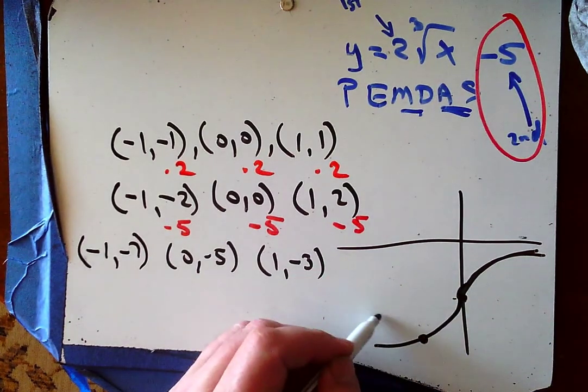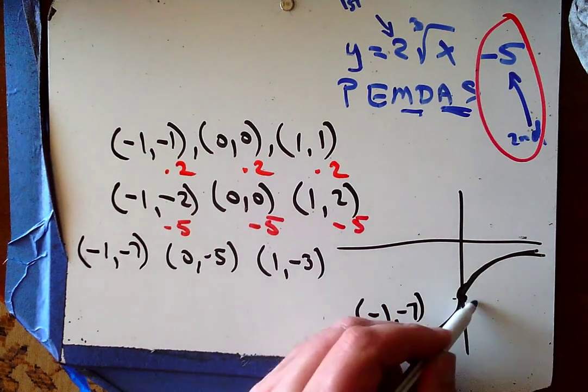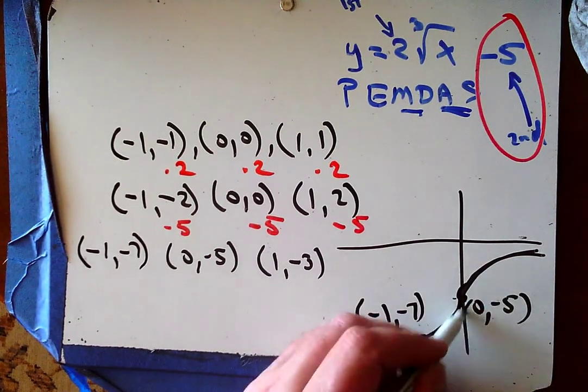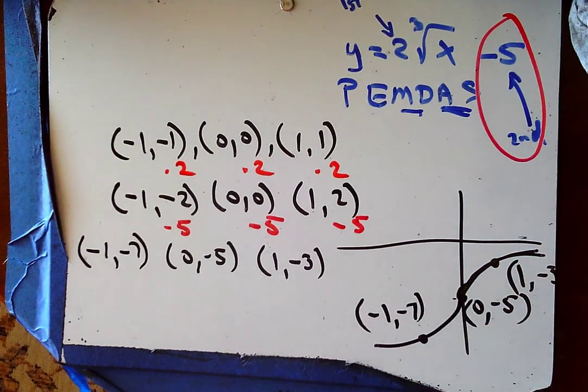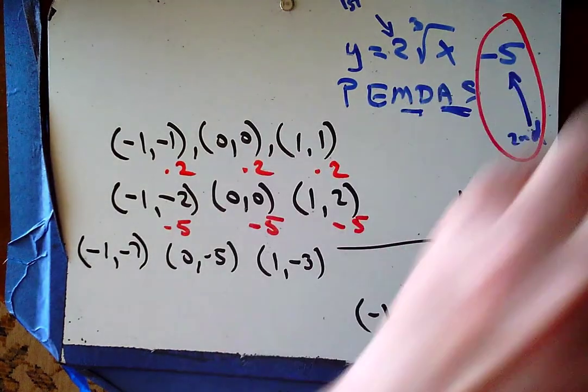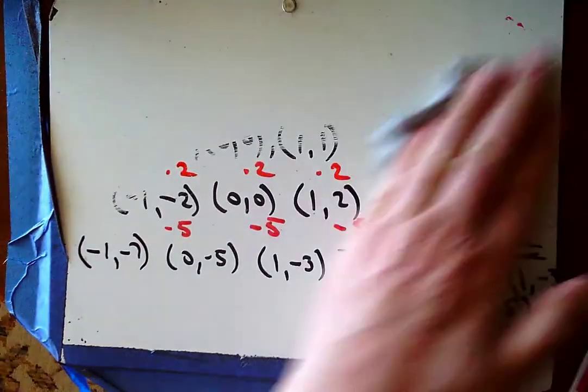So here's our -1, -7. Here's our 0, -5. Here's our 1, -3. And there's our graph. So remember, when you have 2 y transformations, you follow PEMDAS. And if you have 2 x transformations, you follow SADMEP. So let's practice doing some of these